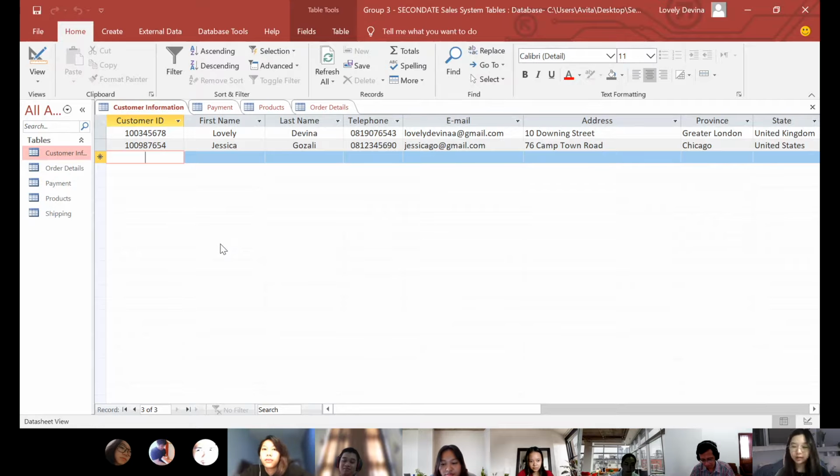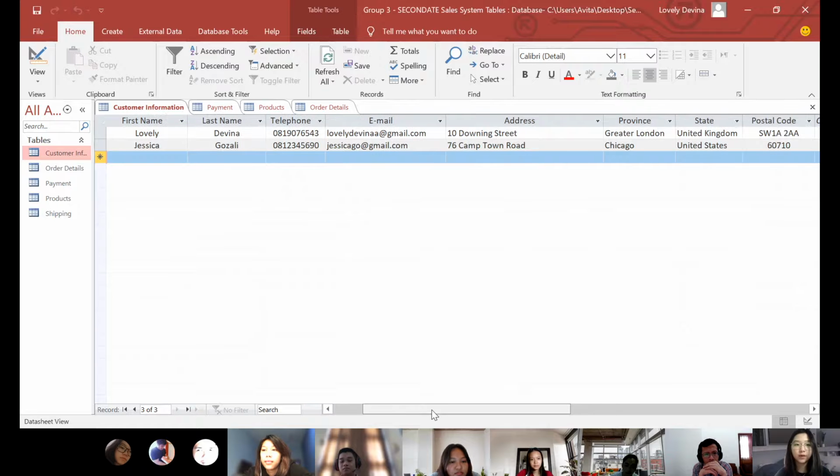I would like to explain the data from Group 3. We decided to choose the second detail system for the data. The first one is the customer information that consists of the customer ID, the first name of the customer, the last name, the telephone number, email, the address, profile, the state, because Secondit provides shipping for other countries besides Indonesia, the postal code,